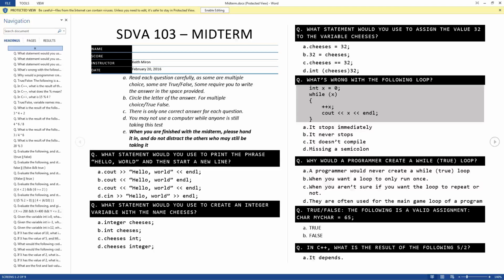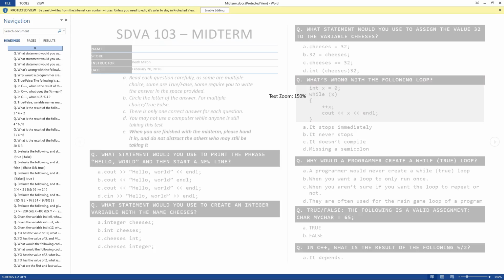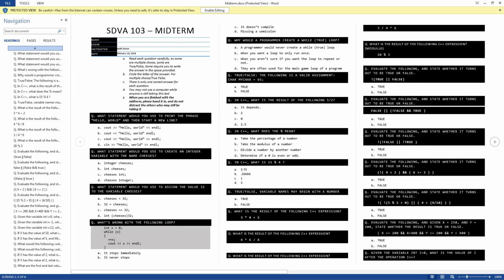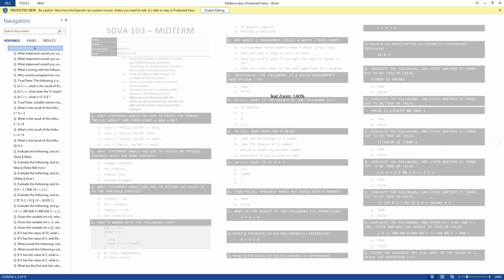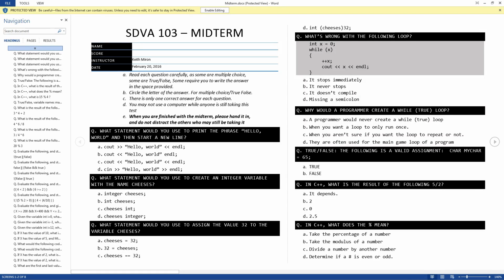Right, so in C++, what is the result of 5 divided by 2? It does not actually depend. Remember that for division operations, it depends on whether you have any floating point numbers in there. If you have floating point numbers in either the numerator or the divisor, it will be a floating point result. However, if there are only integers in the operation, then you will only get an integer result. An integer result means do the division and remove all the decimal points, which means the answer here is 2.